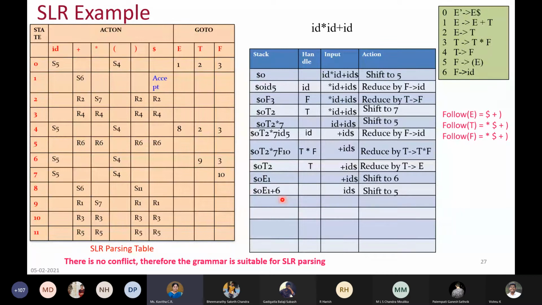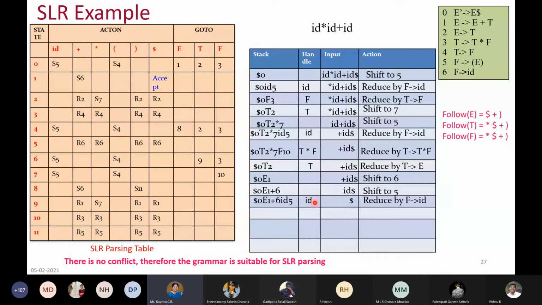So this is the content of the stack now, and we are pointing on ID. At state 6 on ID is S5. So again, you're going to go with the shift operation. So shift, and then you get this shift ID, followed by the state number. And now we have the handle to be replaced. At state number 5, we are reading dollar symbol, that is R6. So R6 means this, F gives ID.